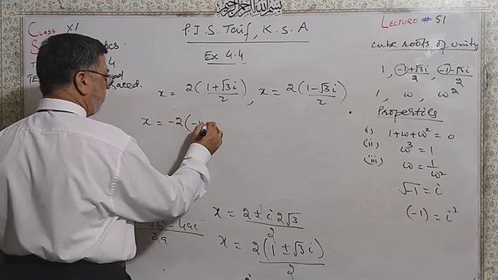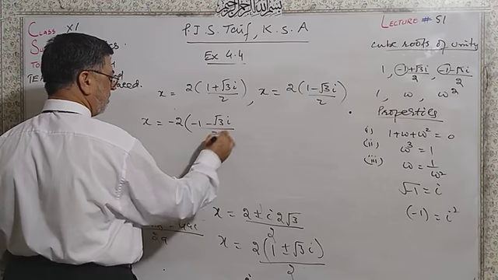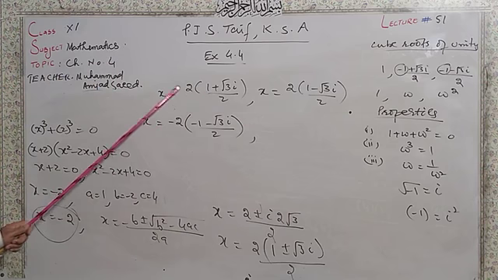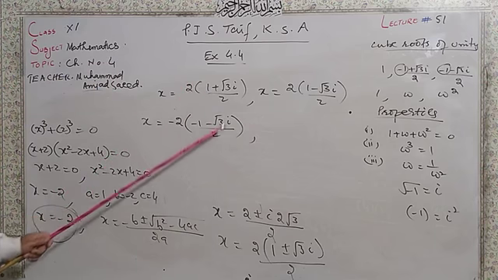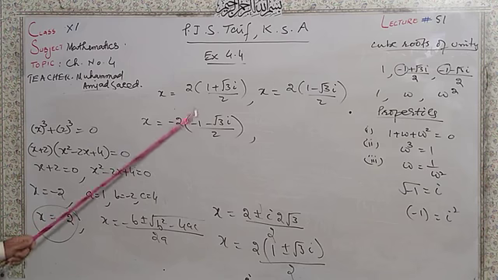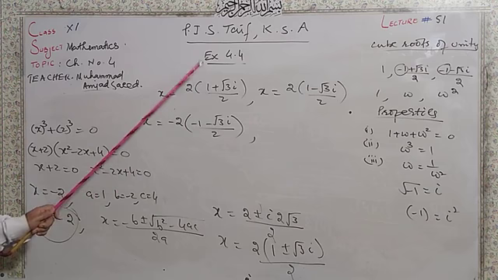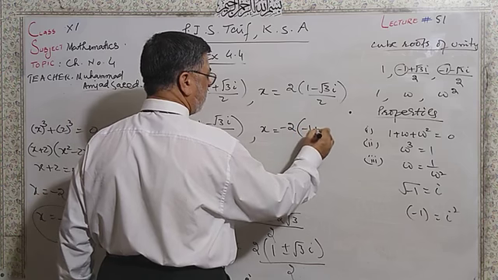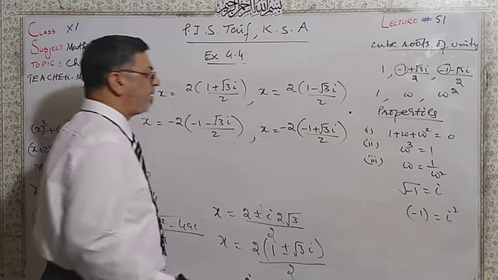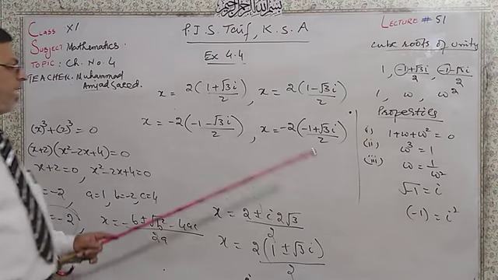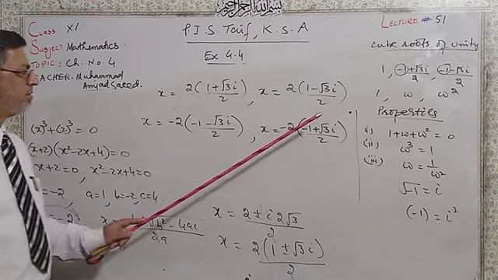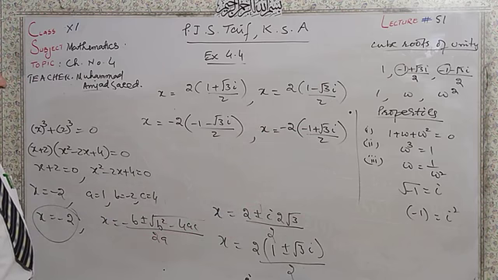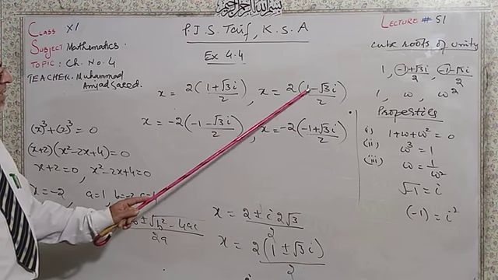in and out by minus 1. You can multiply negative sign inside and outside. Here is -2, here is -1, (-1 - √3 iota) over 2. If you take minus inside, you will get this again. Here, similarly, -2 into (-1 + √3 iota) over 2. Remember that you have negative sign here, which was required. So multiplying in and out by negative sign, and if you take minus inside, you will get this again.